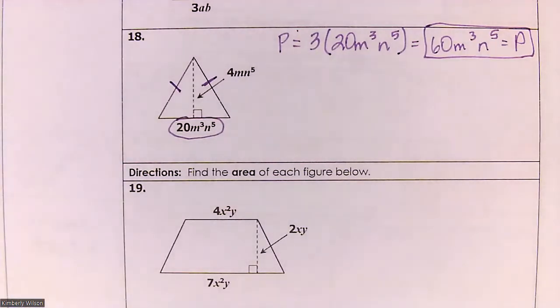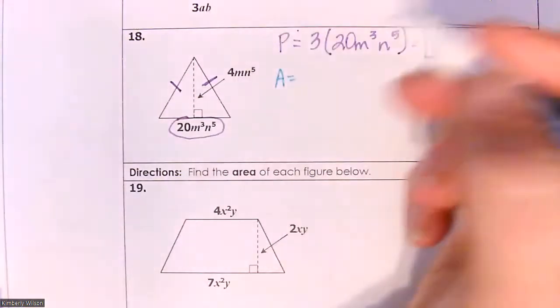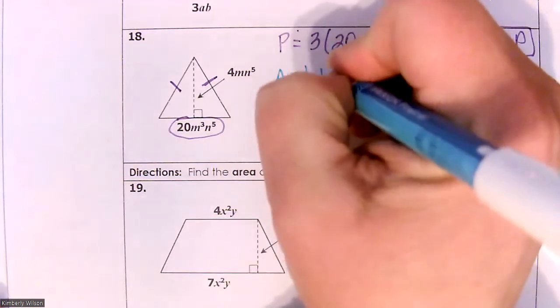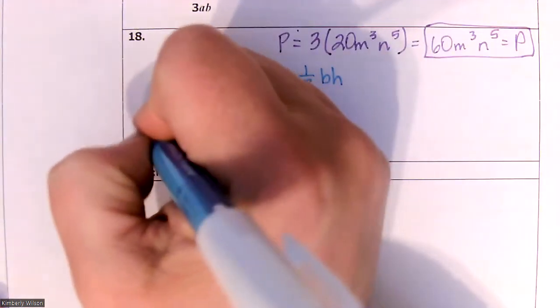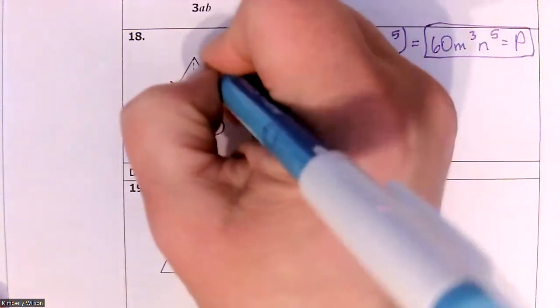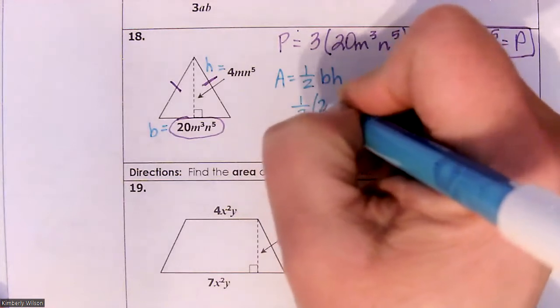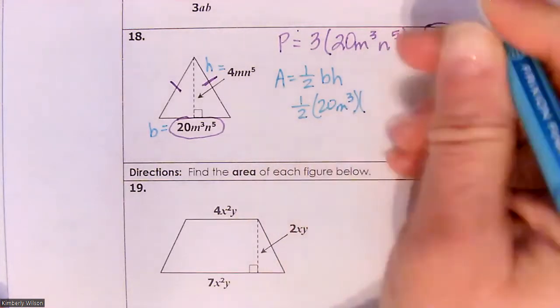Now, we're looking at the area. So for the triangle, we've got to remember that that is 1/2 base times height. So that means this is my base, this is my height. So I have 1/2 times 20 m to the 3rd